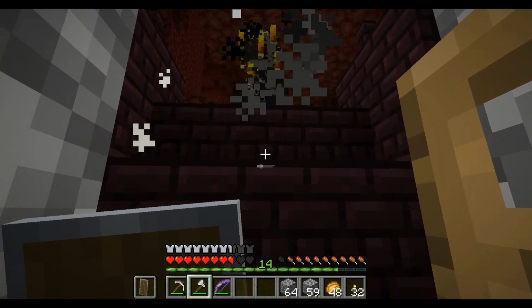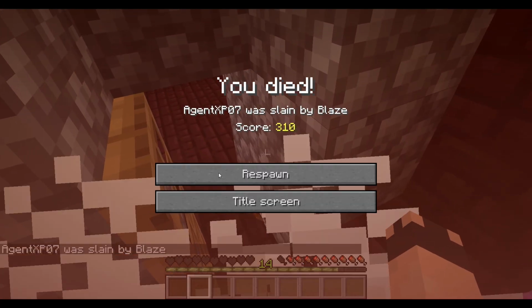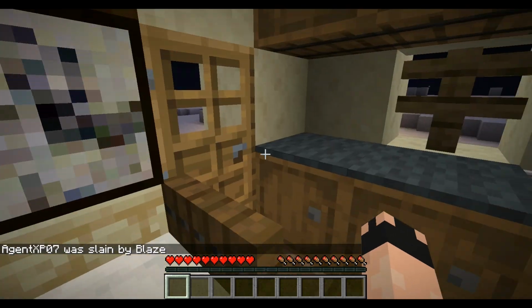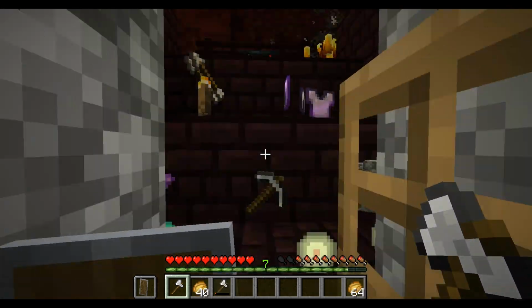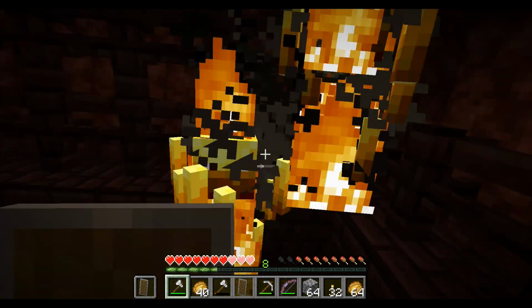I want to clear the room so I can actually... Oh no, there's a guy behind me. Oh no. I'm gonna have to go all the way back. Oh, that's a pain. So yes, I haven't... Oh, phew, this stuff is still here. There's a blaze rod up there. I need to grab that. I haven't been able to get into this...